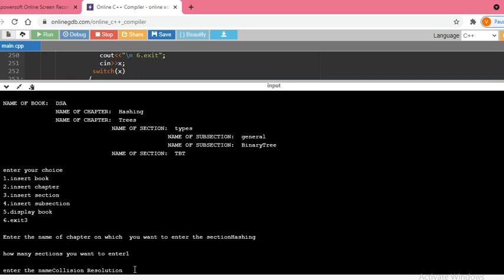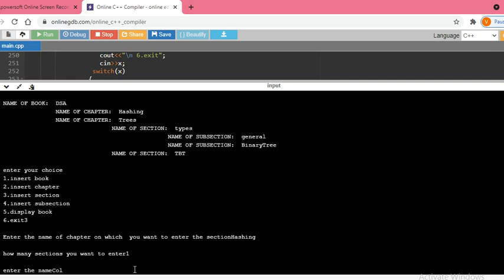Okay, collision resolution is the name of that section. I will put the short form, collision resolution. Okay? This is the collision resolution.